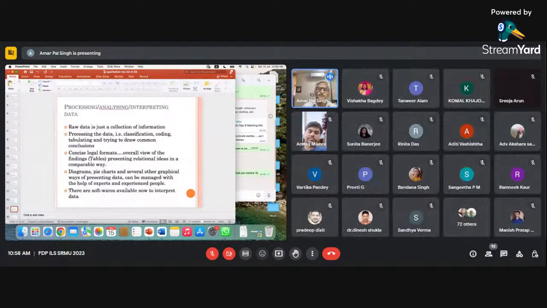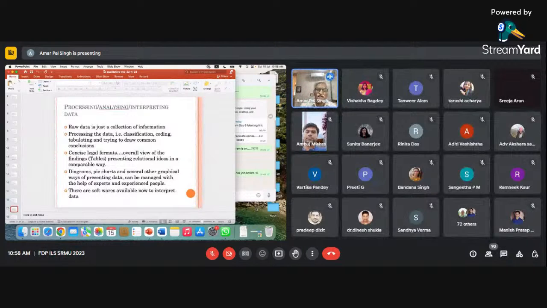And for that purpose, you have to have those concise formats where you can find the overall view of the findings. You will have to do the tabulations, etc., depending on the kind of relational ideas about that particular data you have in your mind. So you have several ways of representing that data, for example diagrams, pie charts. There are several graphical ways of presenting and tabulating that data, whereby you can draw valid conclusions, right? And how these pie charts, bar diagrams and all that can be